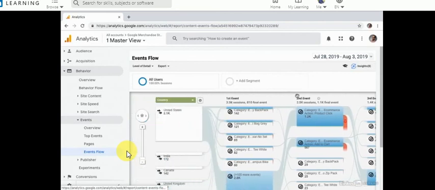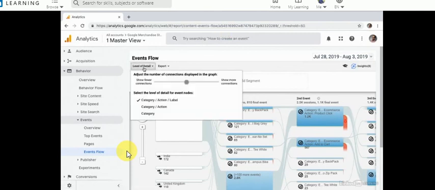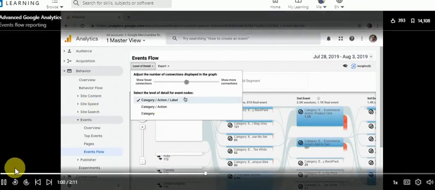This also helps us understand common questions. We can identify if there's an event that's always triggered, if one event leads to more events, or maybe we can see if certain events are more popular on particular campaigns. Now, some things that you can use when navigating this flow, in the upper left-hand corner, you can choose the level of detail. So if it's real noisy, you can choose to show fewer connections or even more. You also can identify whether you want to see everything categorized